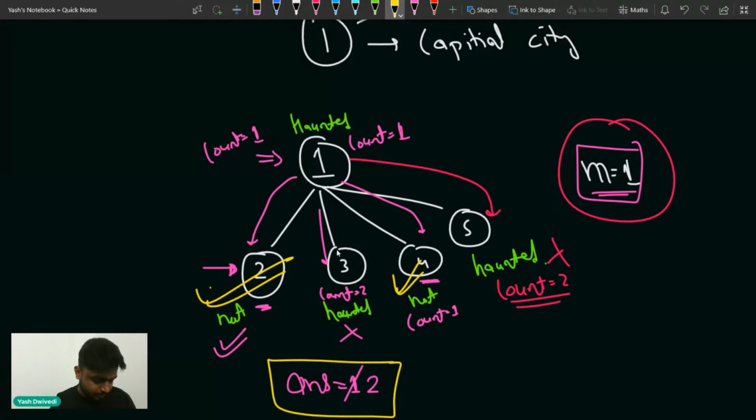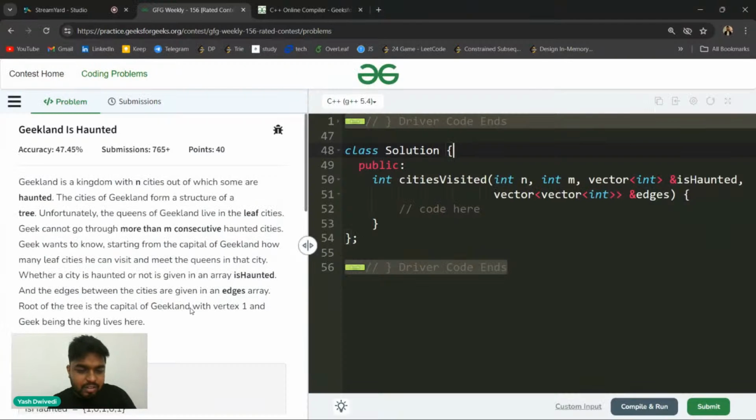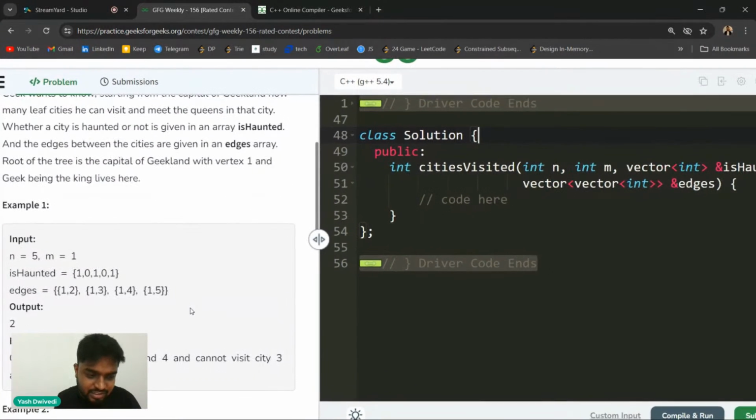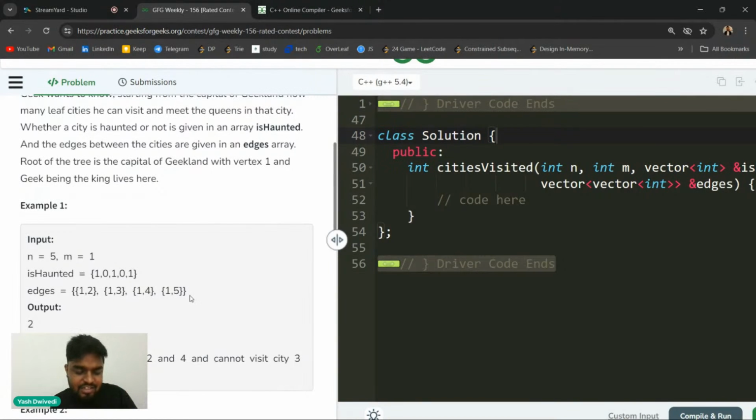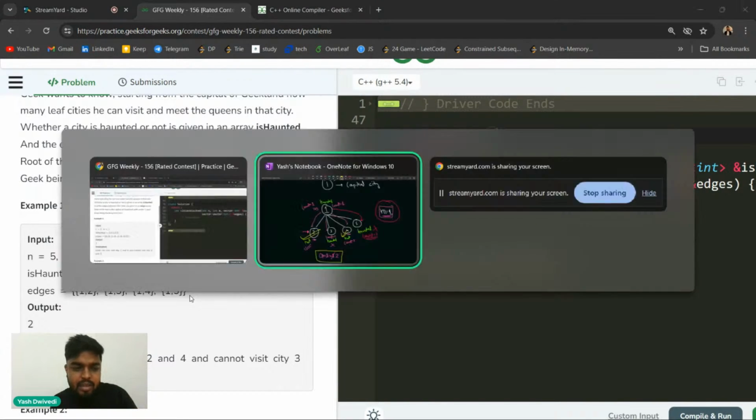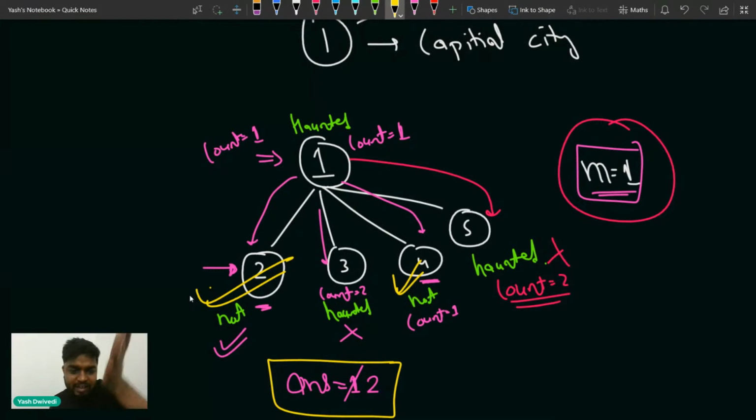Tell me. Okay. No sir, please explain the test case once again. Which test case? Abhishek Sood, this particular test case. See, in this test case you have been given the edges. So first of all, you will make an adjacency list. When you make an adjacency list, what will happen? One will connect to two, one will connect to three, one will connect to four, one will connect to five, like that.